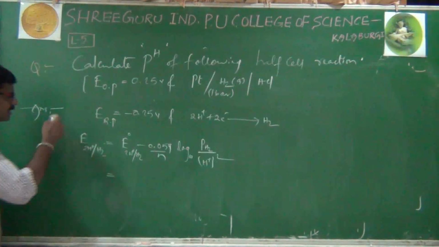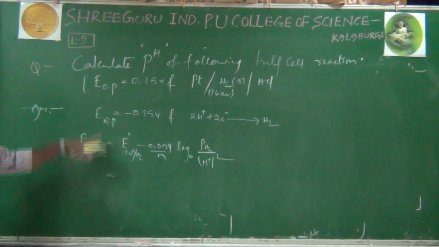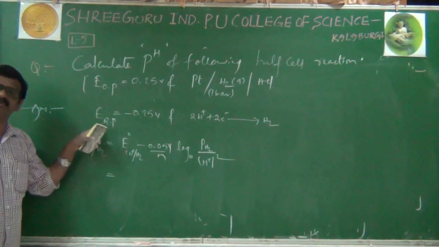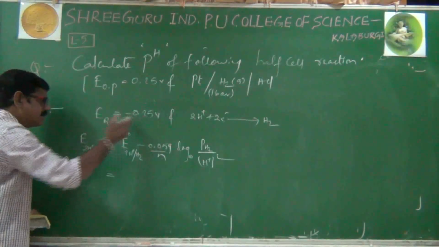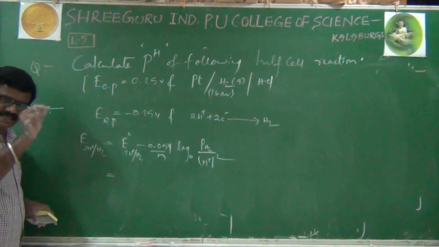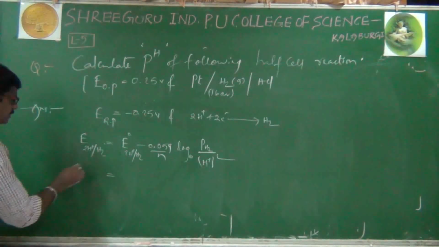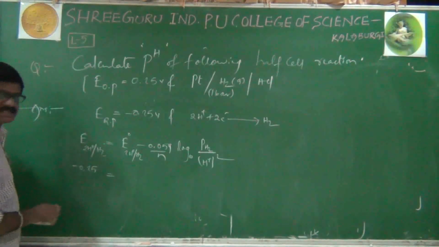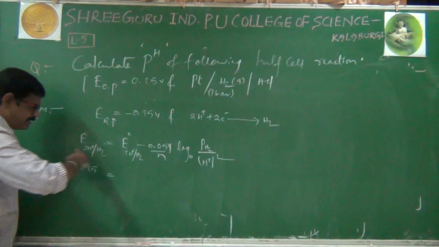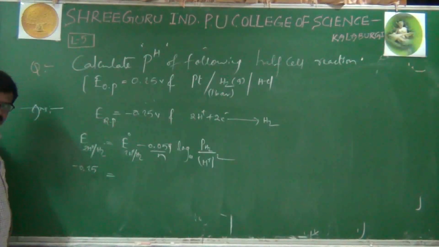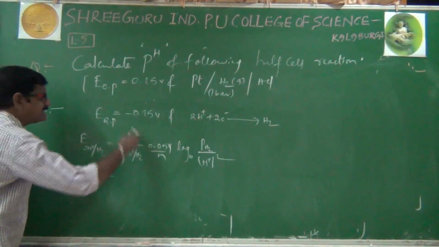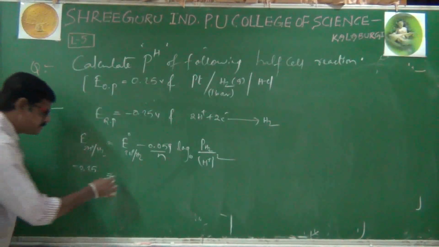Here the oxidation potential given in the question we have already converted into reduction potential, so whatever that value is, we substitute it here. The reduction potential of the hydrogen electrode is available from the question, minus 0.25. Don't write plus, because this formula is exclusively for reduction potentials, not for oxidation potentials, remember. Therefore the sign has changed into minus. And E naught of H plus oblique H2 is, as a convention, 0.